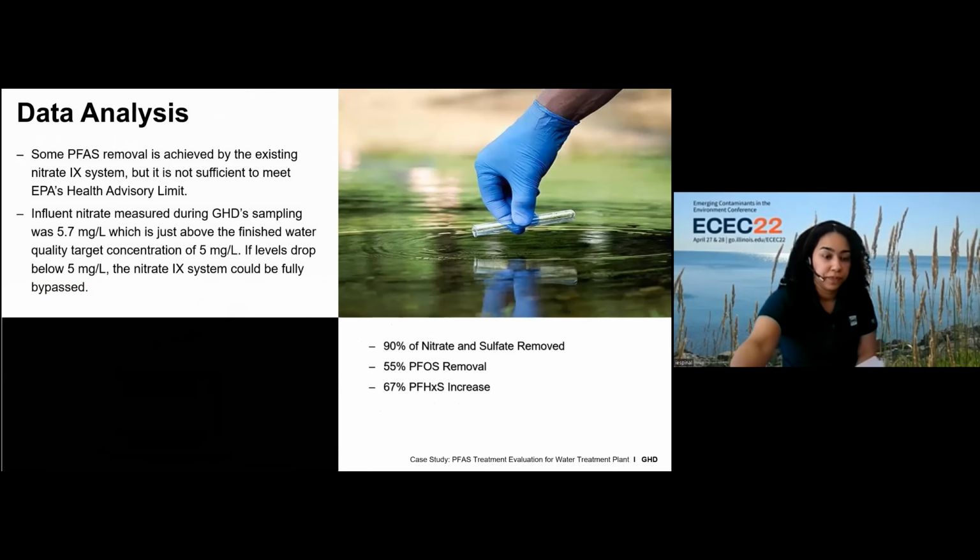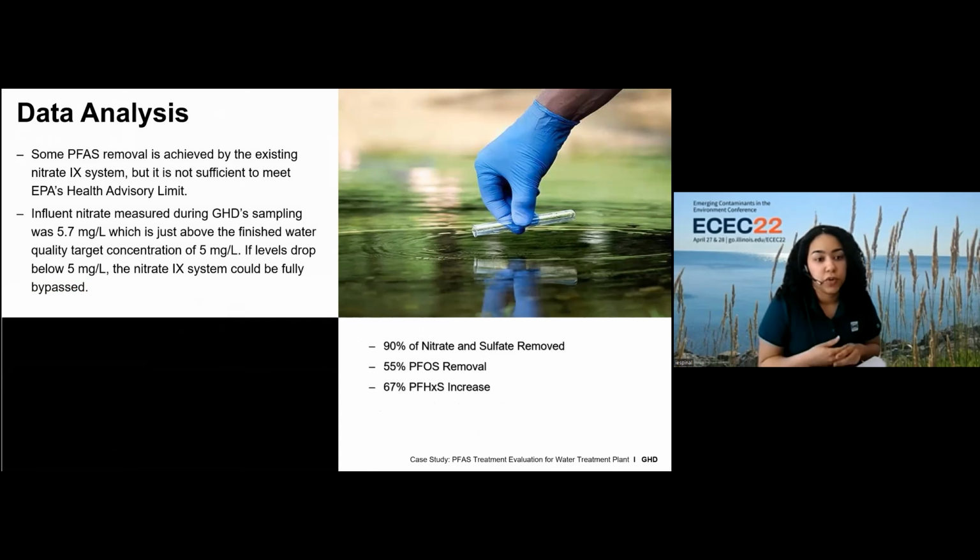samples. So what did the data read? Essentially, like most of us might know, the nitrate resin wasn't able to meet the EPA standards, but it was able to remove some of the PFAS that was detected. Another observation we made was that over the years, the nitrate was being reduced. I think 3 years ago, it was 11 milligrams per liter, and it had been reading at a consistent level at around 6 and 5 milligrams per liter.